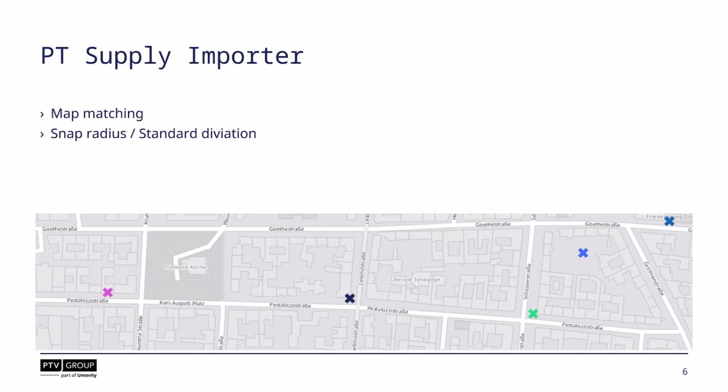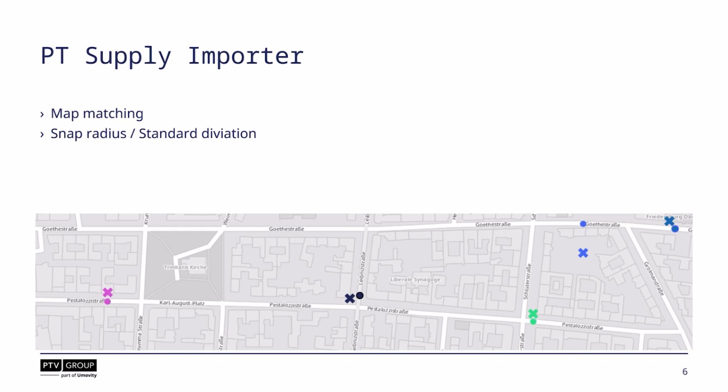In the second step, I will show you how to import this data into a Visum model holding the street network. There are some challenges to do so. It is common that the coordinates have some deviations in locations, which is to be solved by a map matcher. The public transport supply importer helps you here. The importer can identify the best candidates for stop point locations using parameters like snap radius or standard deviation of GTFS coordinates. But for example, if you would simply find the nearest node,